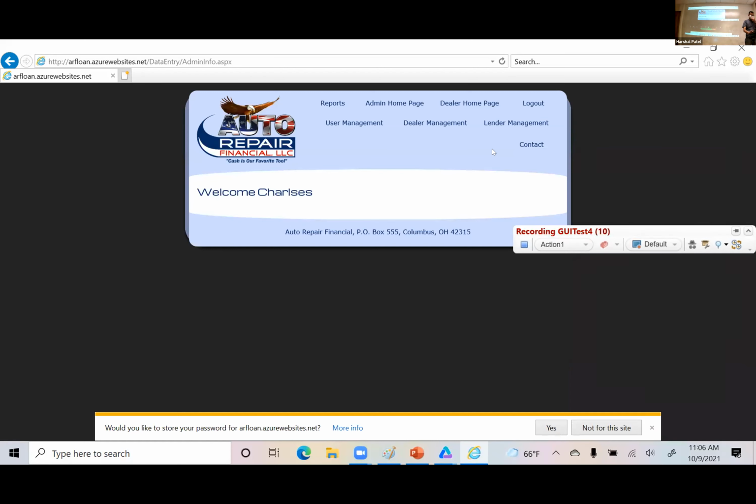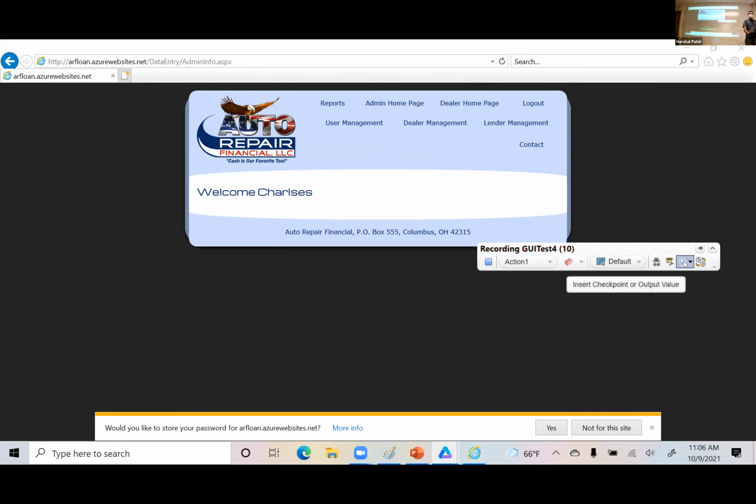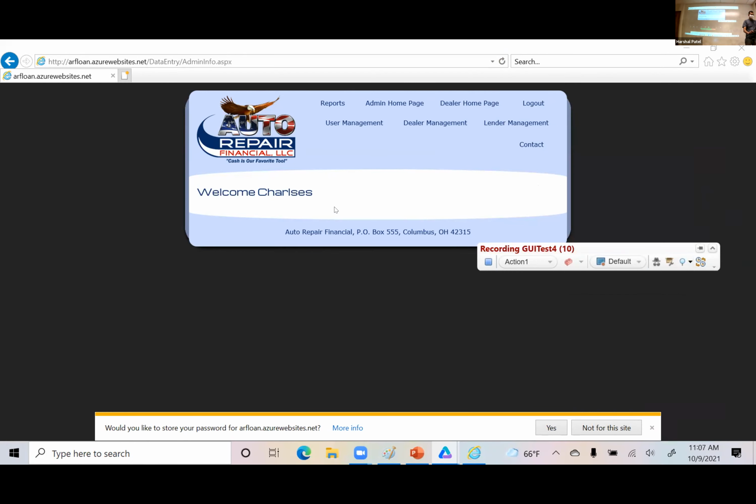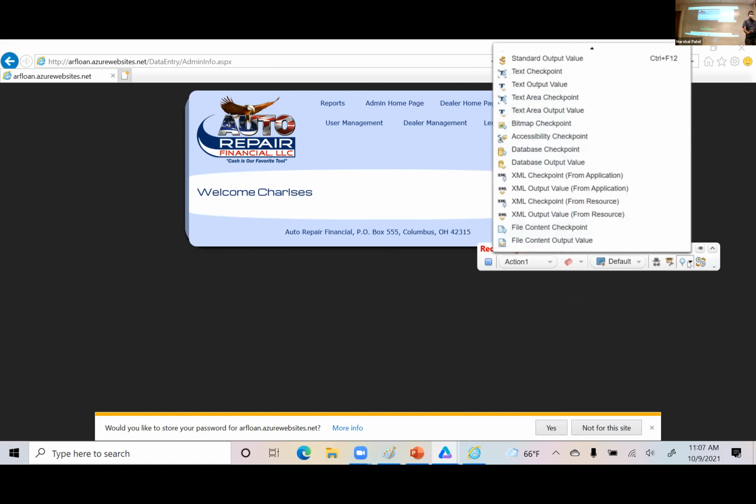Okay, so now I'm on this page. Now let's talk about how we use the checkpoint first, because that's the important part. First of all, what determines pass or fail for the super user? What we'll do is validate whether the admin homepage is present or not. So I can instruct the tool to look for presence of this admin homepage text